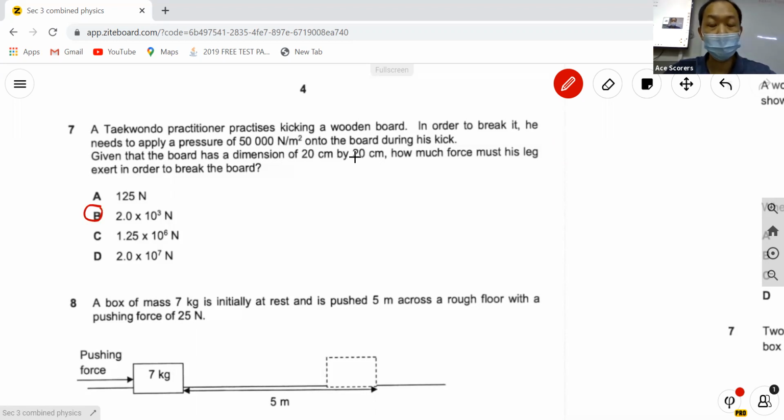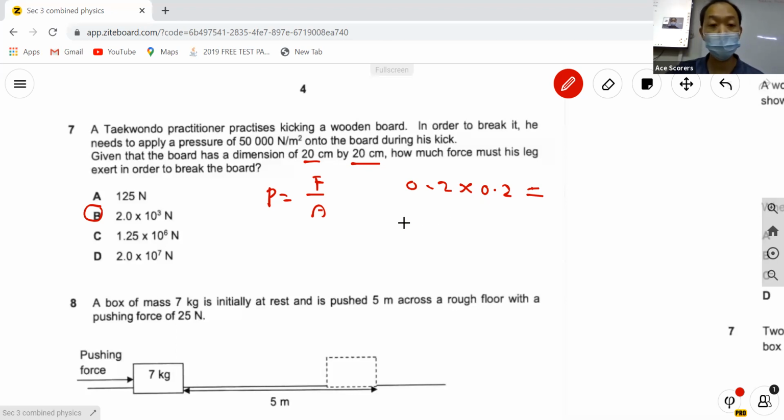So how do we calculate this? Pressure equals force over area, P equals F over A. So the pressure is 50,000 Newton per meter square. Now this thing must convert to meter. So area is 0.2 times 0.2. Okay, 0.2 times 0.2,